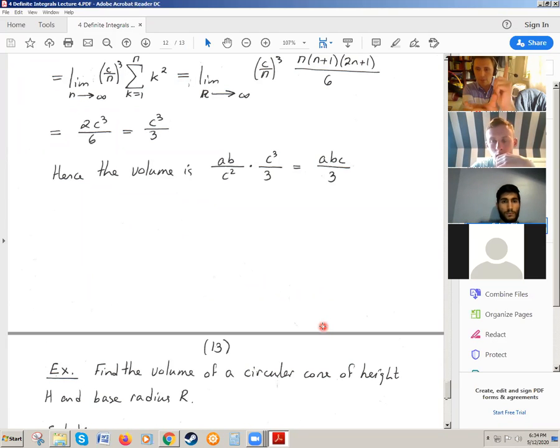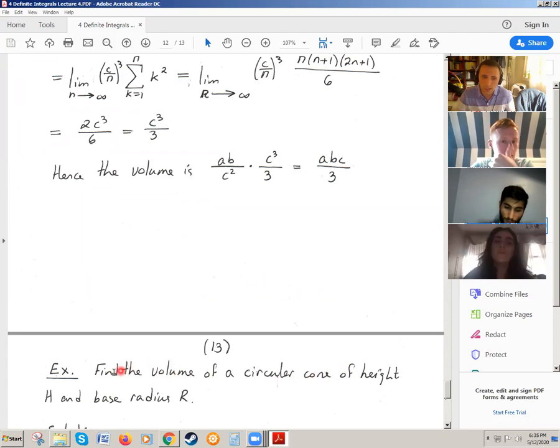You know the volume of a cylinder is very simple. It's the area of the circle times the height, right? And you can try to think why that's so simple. It's not simple to know the area of the circle, but if I do know it, the volume of the cylinder is the area of the circle times the height. So can you try to figure out the formula for the volume of